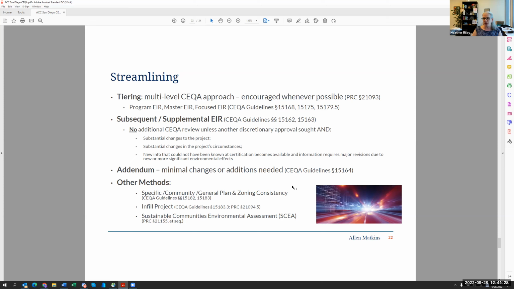You can do an addendum, and we've done a lot of addendums in the past, especially recently, where we have a project that's consistent, for instance, with the Uptown Community Plan and the EIR that was approved for the Uptown Community Plan over in the Hillcrest neighborhood. If you have an addendum, you're saying, we checked and nothing about this changed project is all that different. So we are consistent with the prior environmental review, and here's all the reasons. An addendum is a written document that shows why you're okay.